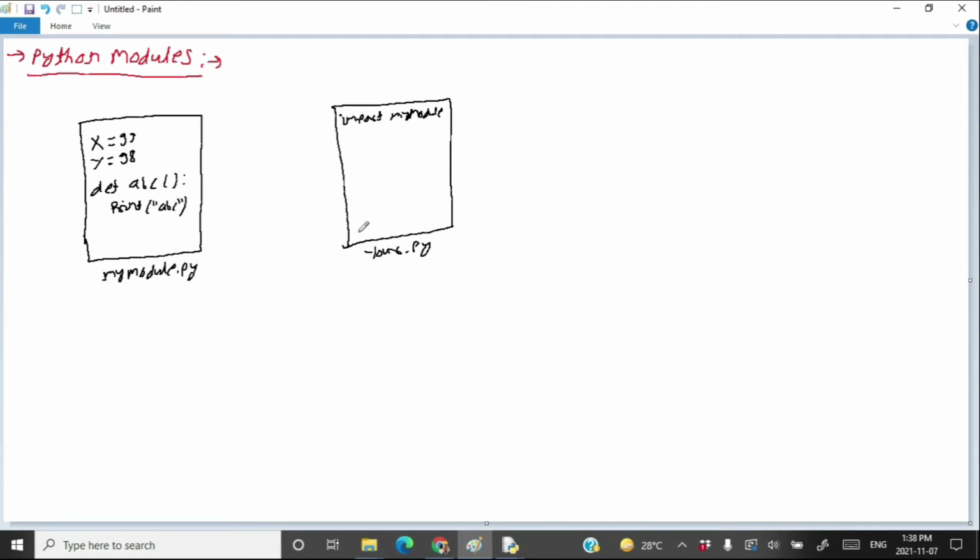So in order to access the functions and the variables of the Python file mymodule.py, in your file, you have to import this module whose name is mymodule. And further, you can access their variables by writing mymodule.x, something like that. Or you can call the function abc by using mymodule.abc. This is how it works.